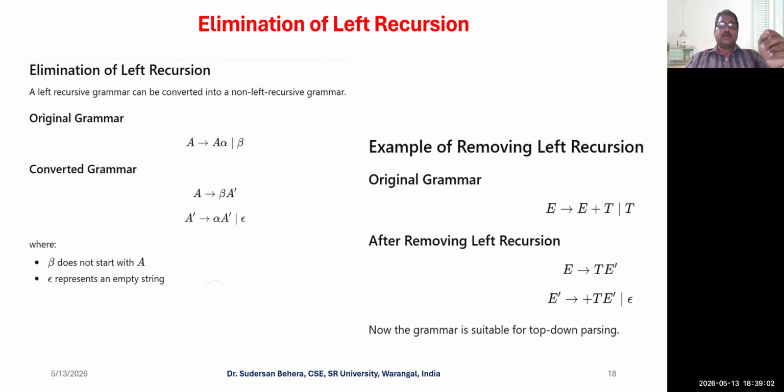So carefully you need to convert it so that the production power of the grammar is not destroyed, or altered. A derives A alpha or beta can be rewritten as A derives beta A dash, and A dash derives alpha A dash or epsilon. By doing that, the entire grammar is converted into non-left recursion, and simultaneously the production power of the grammar is